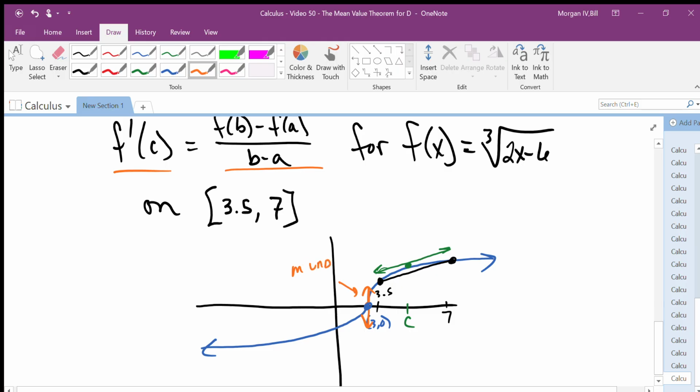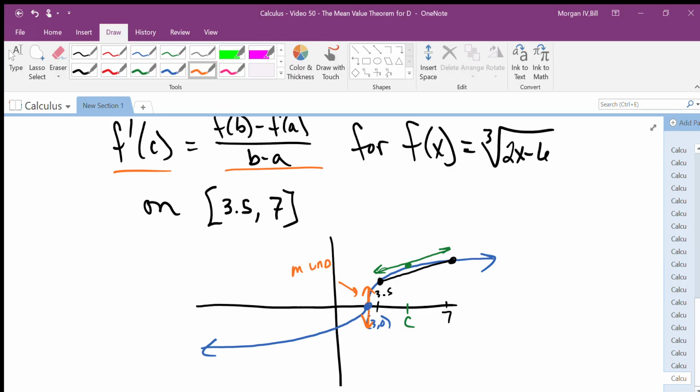However, the point (3, 0) is not in the interval 3.5 to 7. We'd be in trouble if we were going from 2.5 to 7. We wouldn't be able to use the mean value theorem. But since the x value of 3 is the only problem for having an undefined derivative, on the interval from 3.5 to 7,